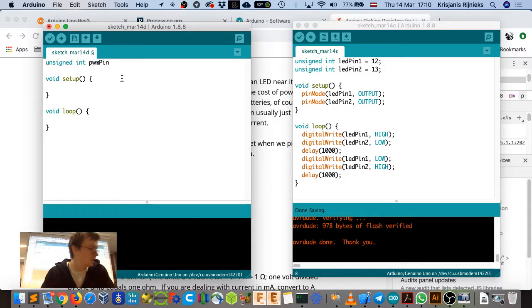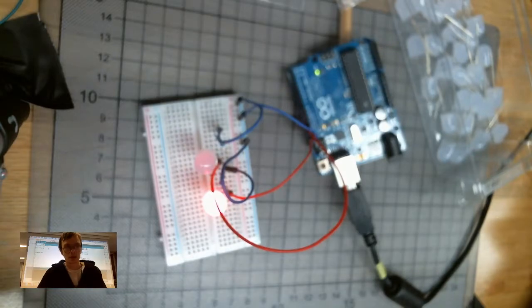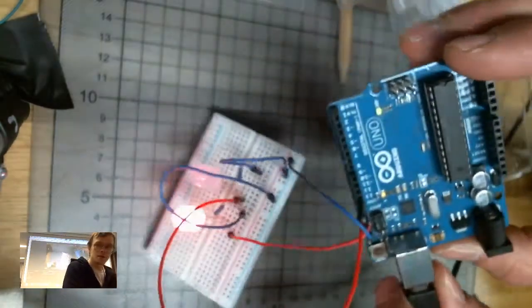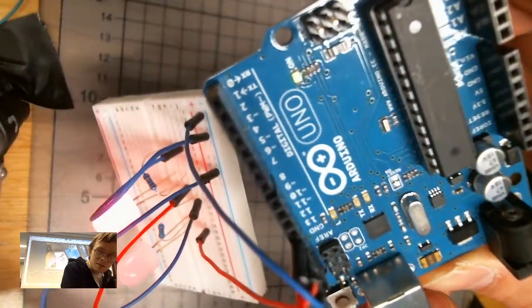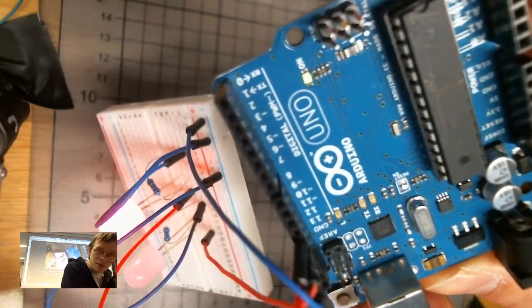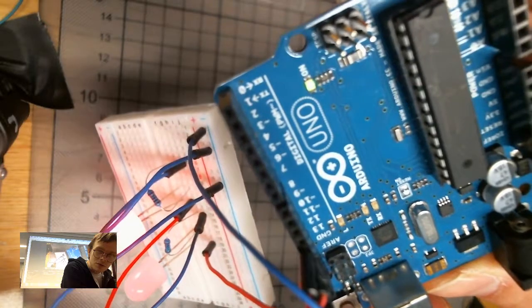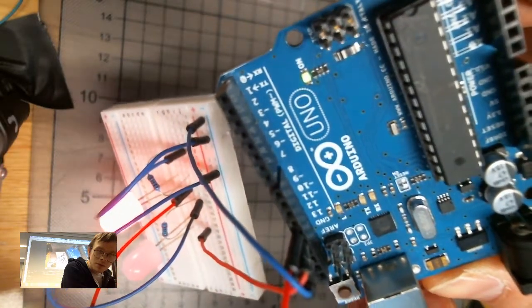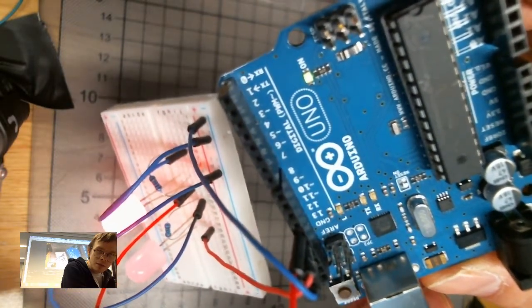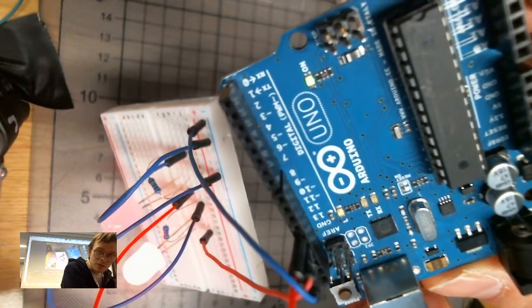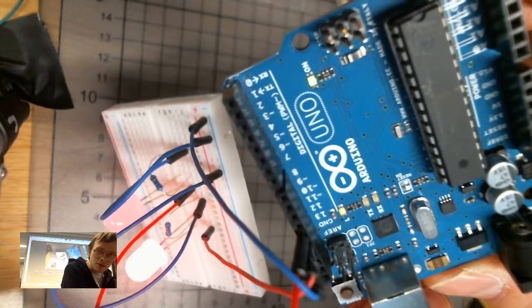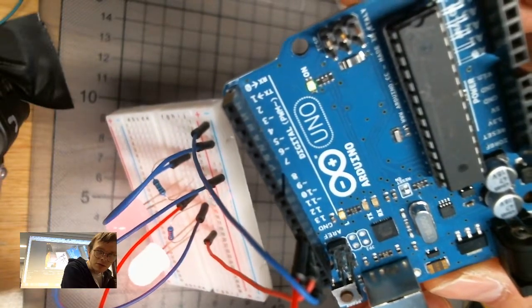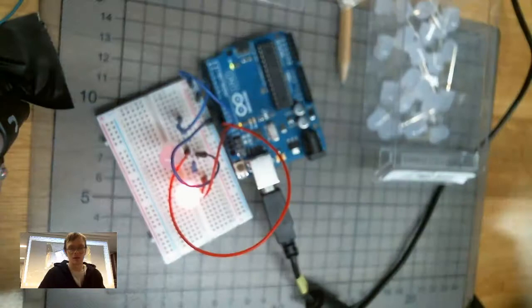If you look at the board, we see these little tilde characters all over the place, and we need to choose one of those pins that are labeled as such to be able to control the brightness. The first one is number 3. So let's pick number 3